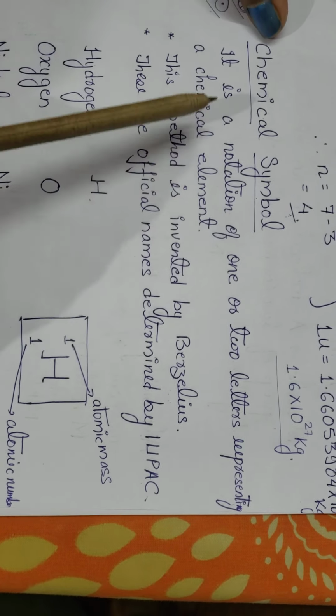For hydrogen, the atomic number as well as the atomic mass is 1, so it is represented like this. When you come to carbon, carbon has an atomic number of 6 and its atomic mass is 12. So the chemical notation for carbon is completely given in this form.